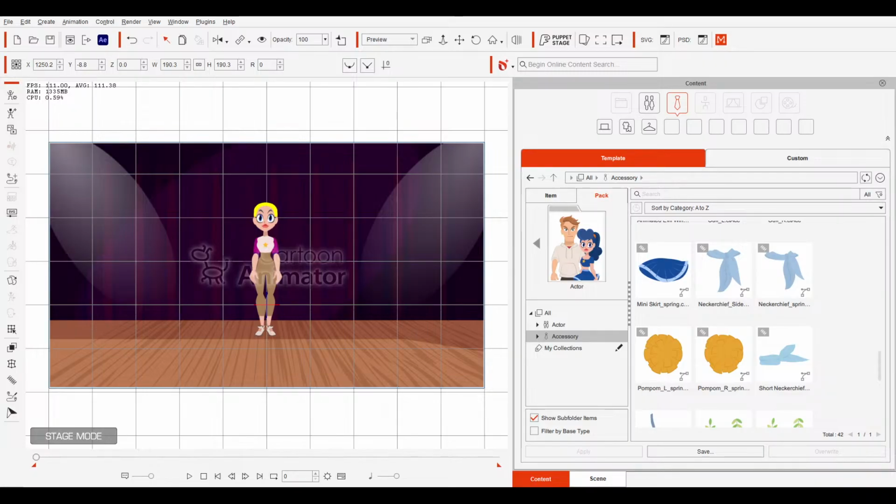If you're satisfied, you can then go to a frame where you want your project to end and click the Set End Frame button or use the Control right bracket hotkey. Finally, it's time to save the